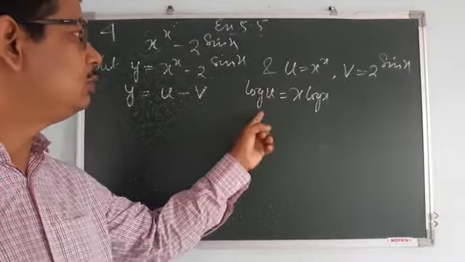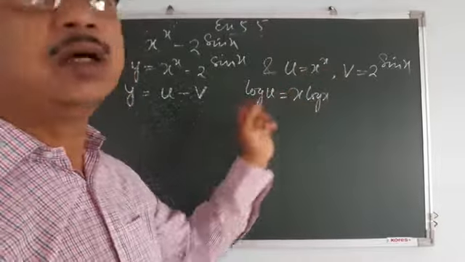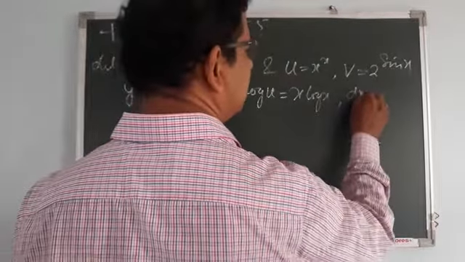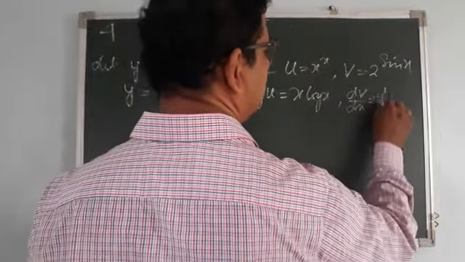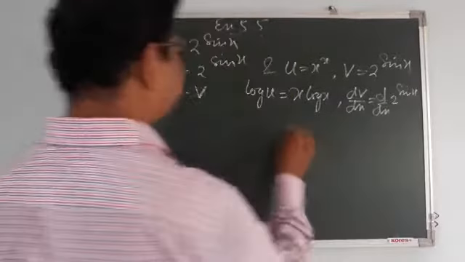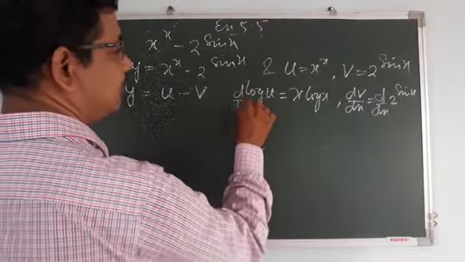If I give log u, then this is log x to the power x, then the power will come in the front. Then if we differentiate this with respect to x,